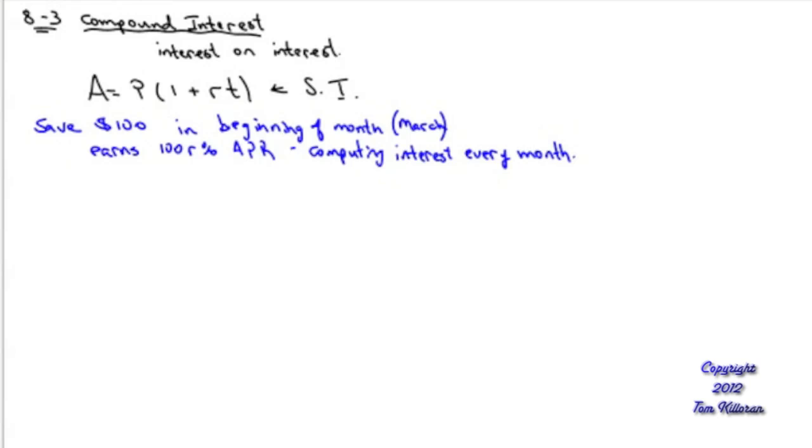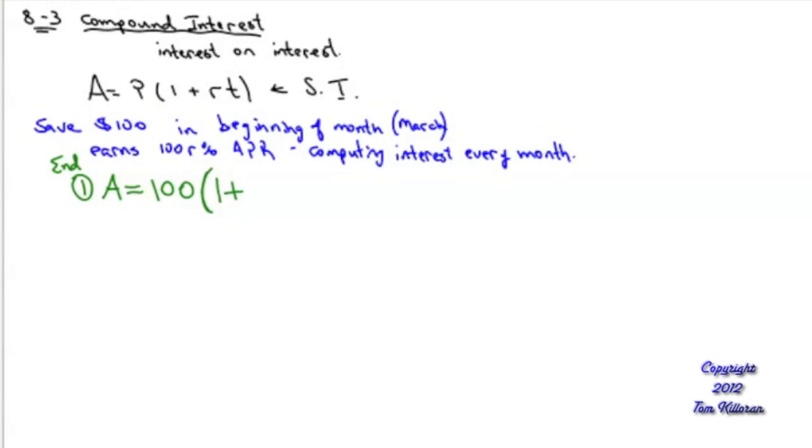Okay. So let's say we go at the end of the first month, which would be the end of March. The very, very end of March. I want to compute how much money is in my bank account. All right. So the final amount in my bank account is going to equal my $100 I put away at the beginning. I really could have left that as P, but people like seeing some numbers. 1 plus